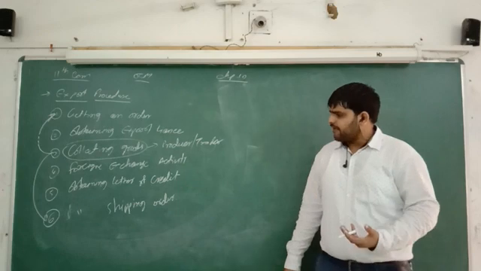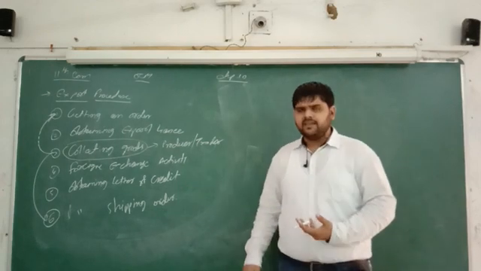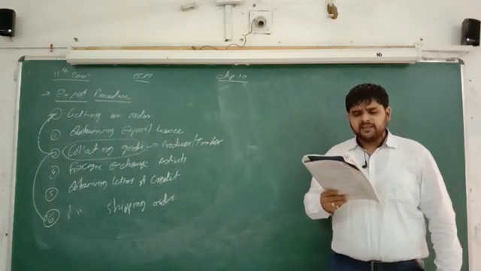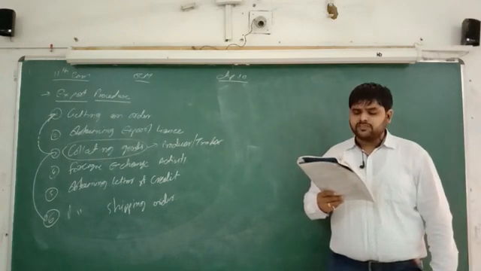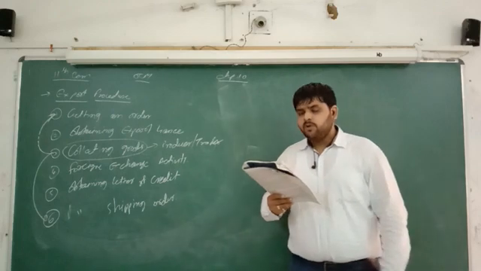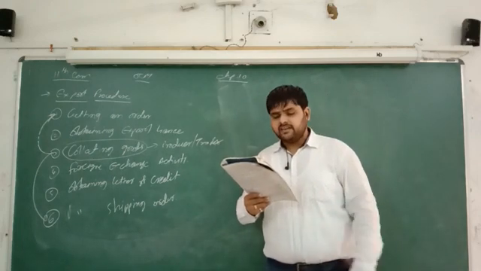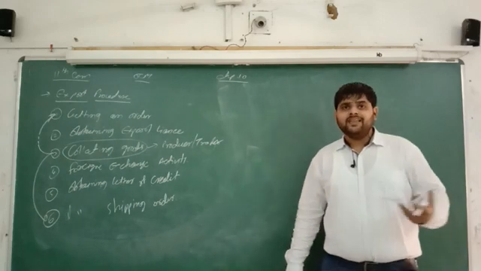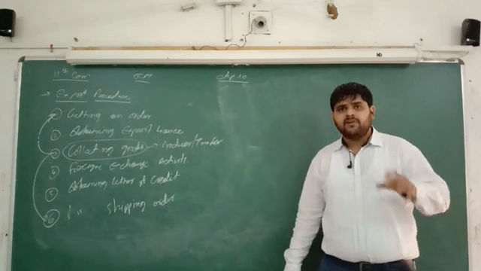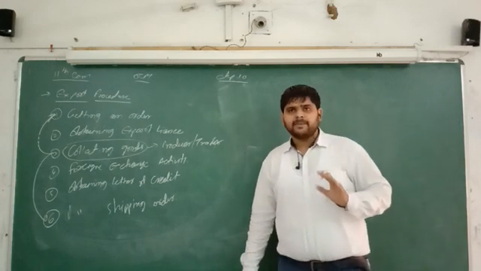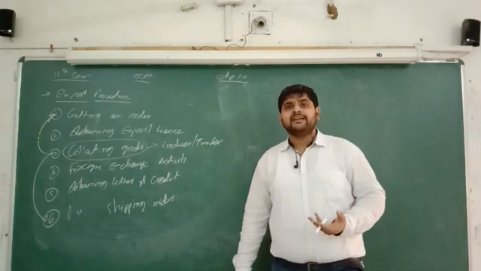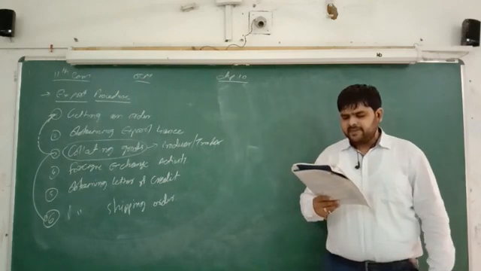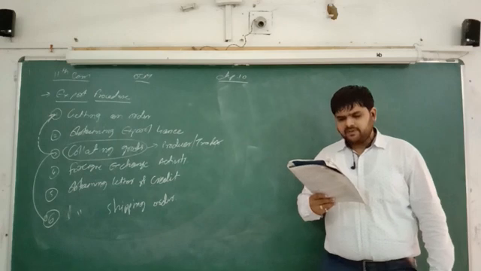So this is number 5, 6, that is obtaining shipping order. Next one, in case the exporter wants to export the goods in a large quantity and he wants to book the whole ship, it is called a charter. Okay, so if we are taking a whole particular ship only for our purpose, that is called a charter. The arrangement between the shipping company and the exporter to keep the whole ship on rent is called chartered party agreement.